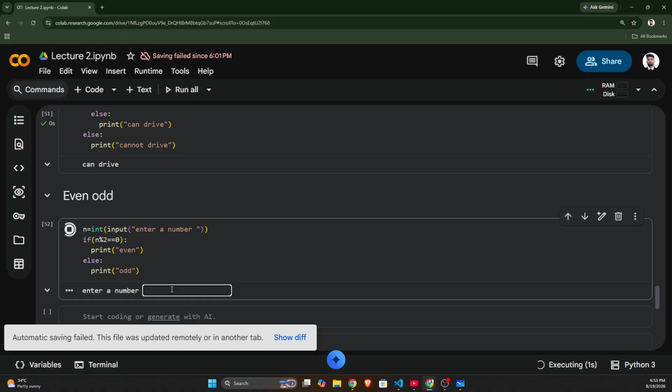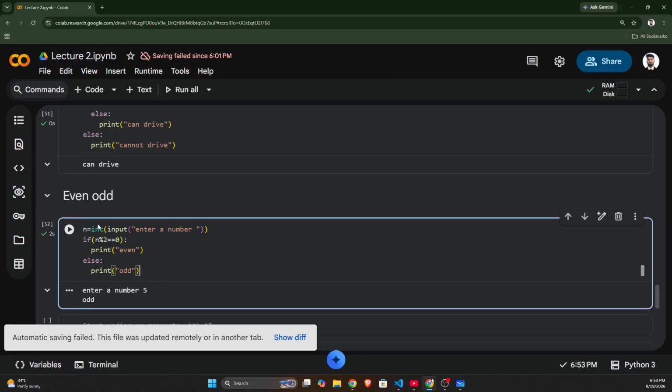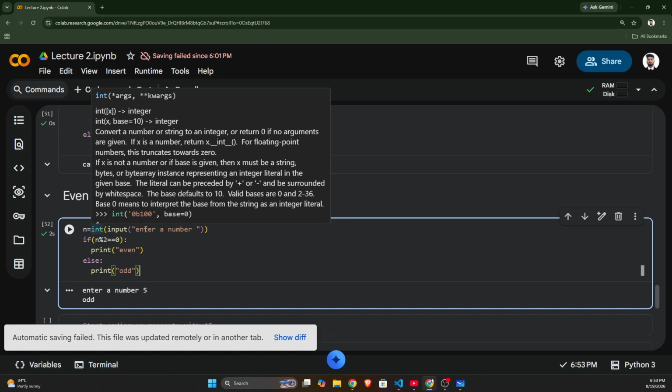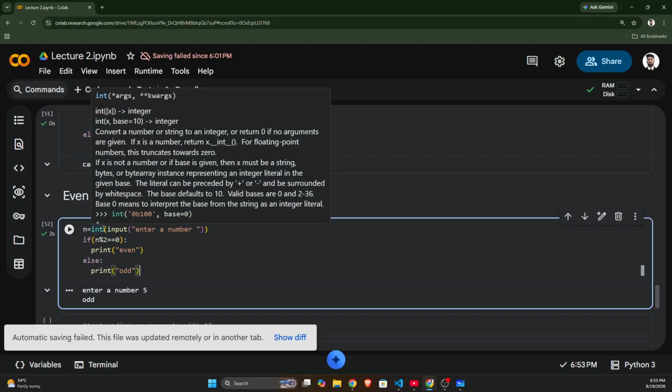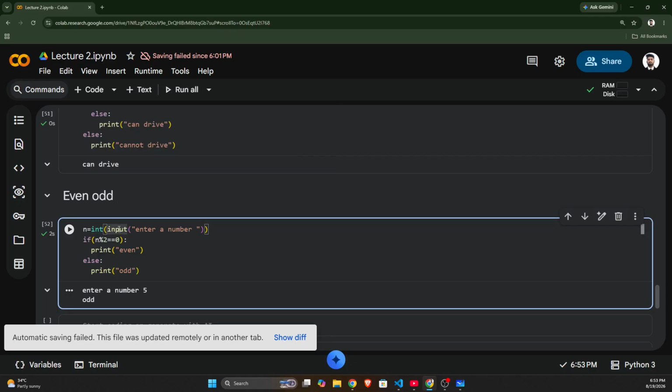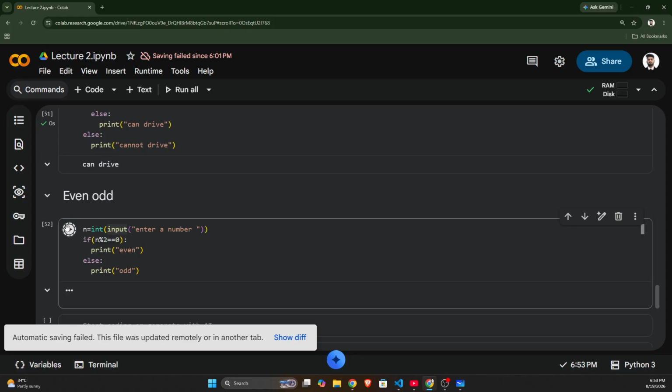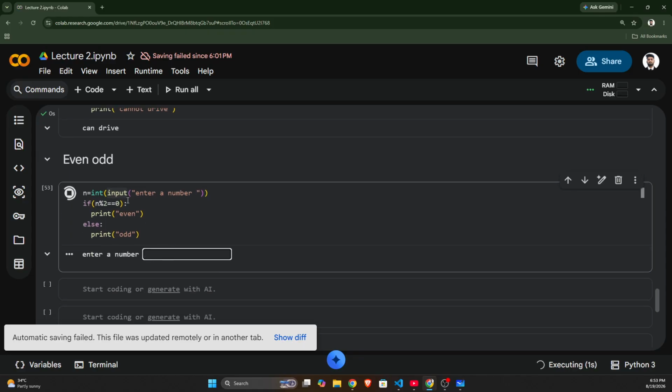What I am doing, I am writing 5 over here. See, I am taking n is equal to int of input, enter a number. That means the input which I am giving will be an int. See, a default input is always a string. So I am converting the string to int over here. That's why I am writing int of input. Whenever you write input over here, this pop-up comes. That's why if you want to take from the user, you have to write this keyword input and enter a